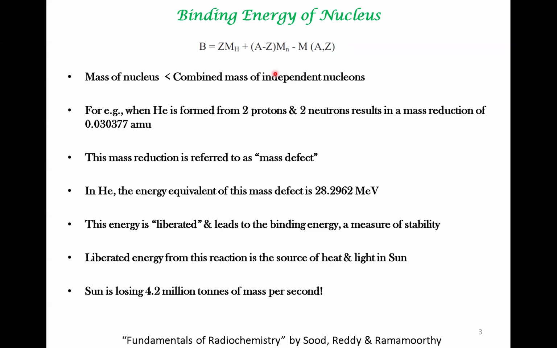So this is an important concept that you should internalize. So overall, it's better to think through energy than through masses. Okay,